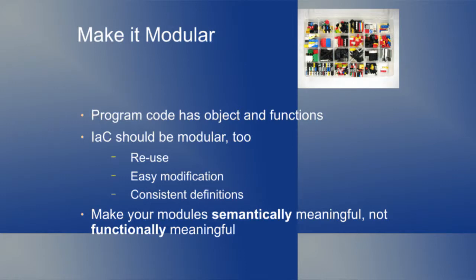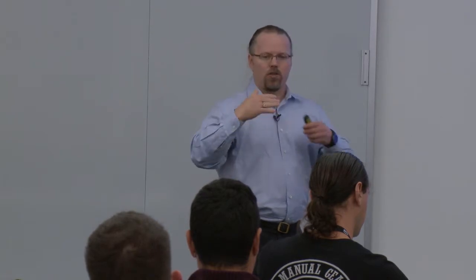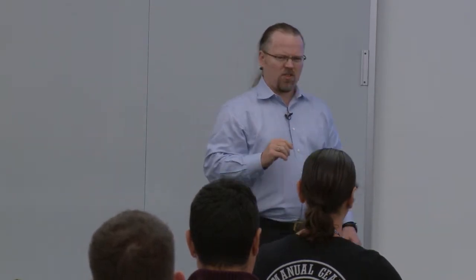Key to this is make your modules semantically meaningful, not functionally meaningful. Semantics are the concepts you use to think about this. If you think about it as a database, that's what you should declare. If you think about this as a user database, that's what you should be declaring, a user database. This allows you to think about what you want and just write it in code. Also makes it really easy to describe to other people how things work. What's infrastructure look like? This. Go read it. If you want to know why I got there, look into the source control. It's just all there.